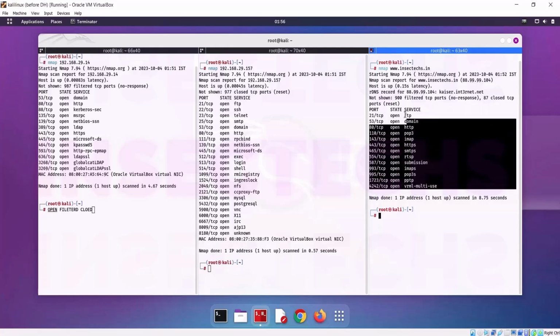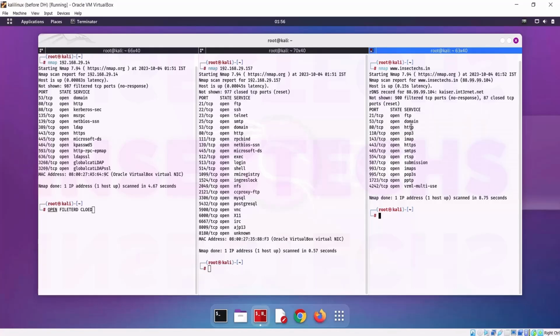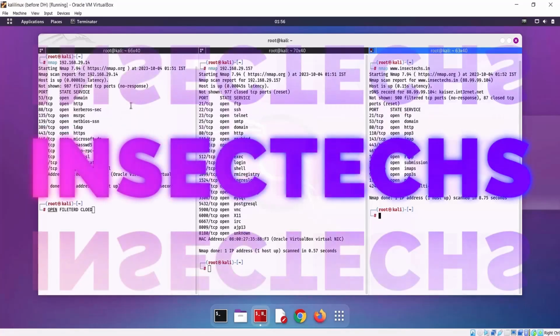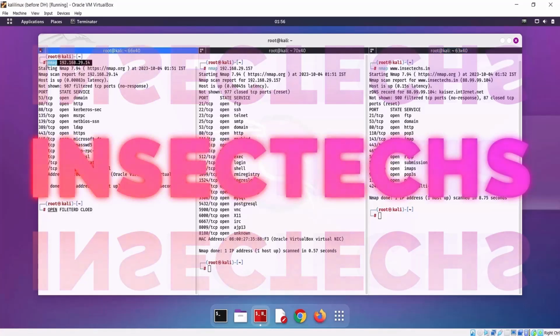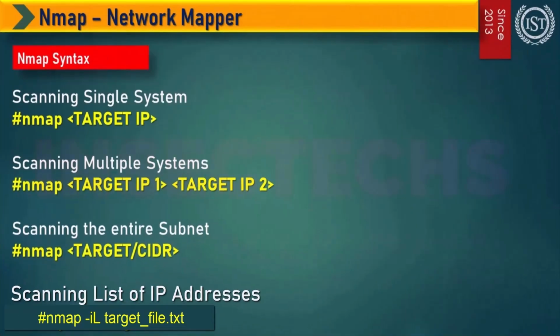So these are the services that are running, like FTP, domain, HTTP, POP3, IMAP, HTTPS, and so on. So this is how you use Nmap to scan a single machine, the syntax to scan a single machine. Now that you know how to scan a single target machine using Nmap, the second one is, if you have